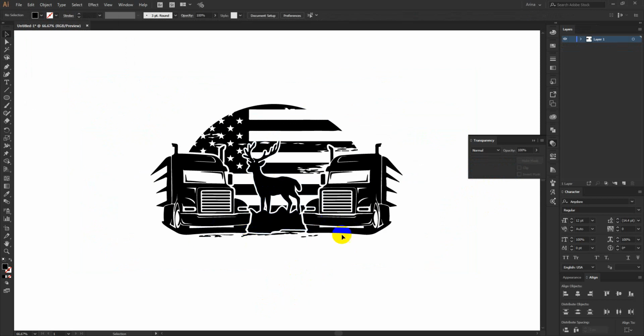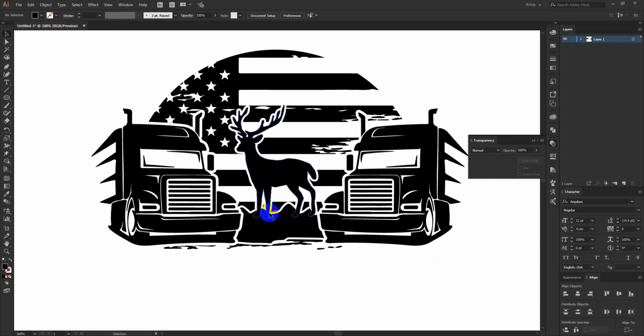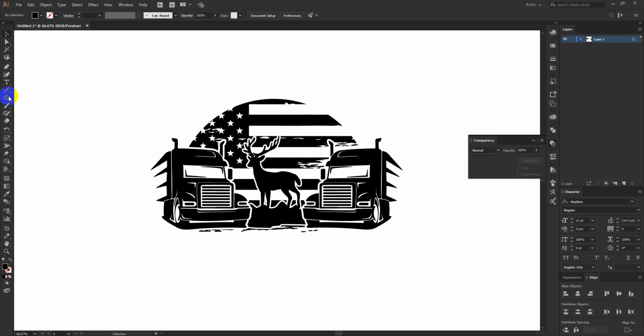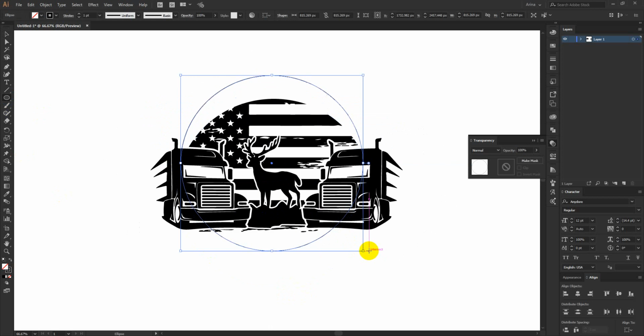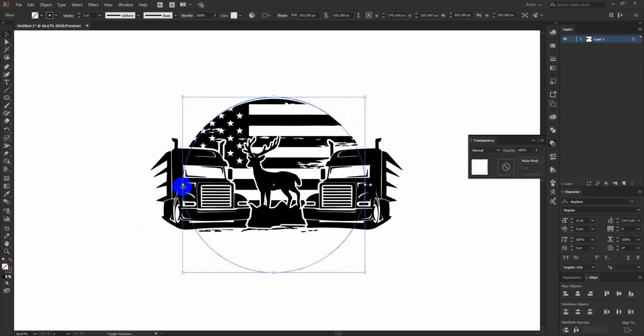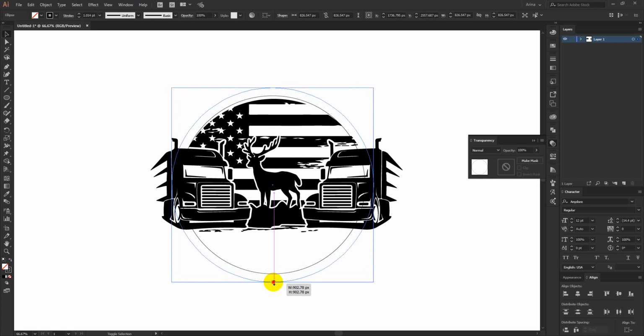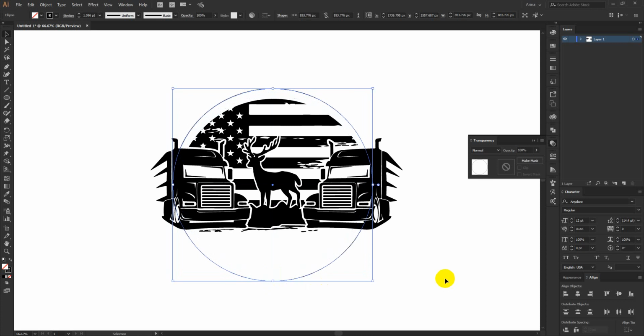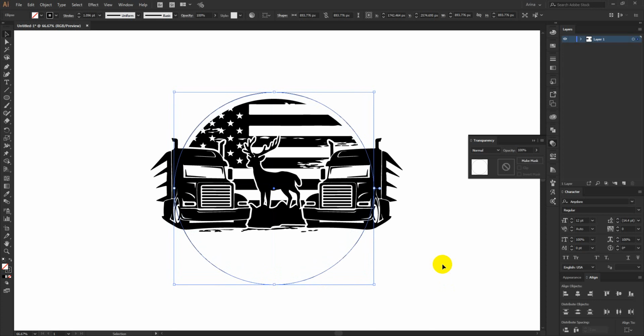Now the main thing is here, the message. I need to place that message now. I have to make a similar circle here, just as big as the clipping mask circle was. Okay, something like this will work. Now press Alt and Shift together, so the circle will increase on all sides. I think this is okay.